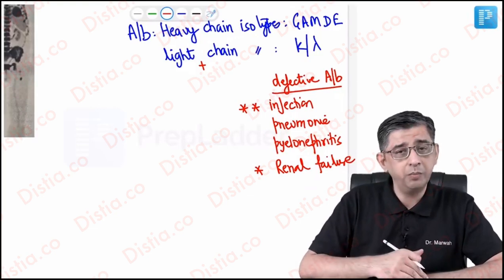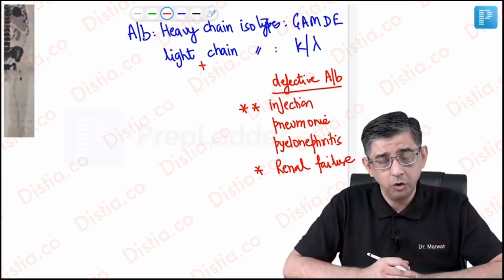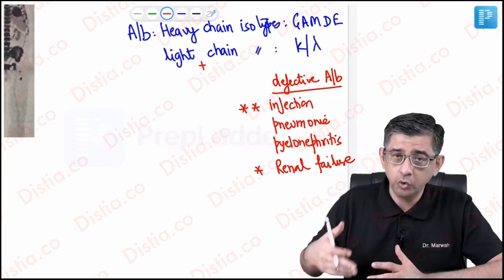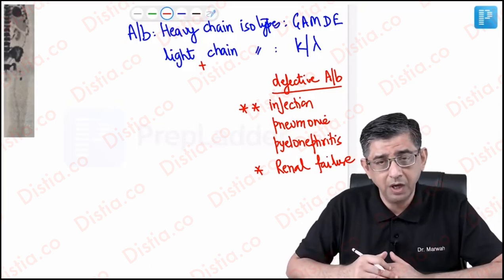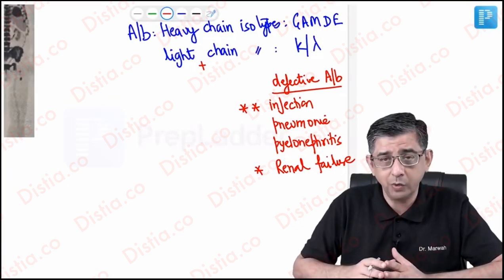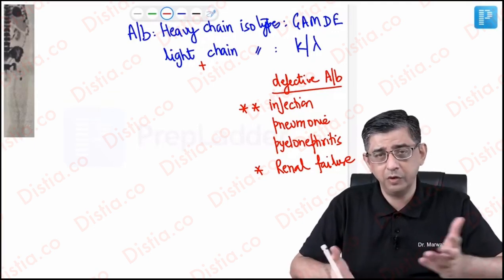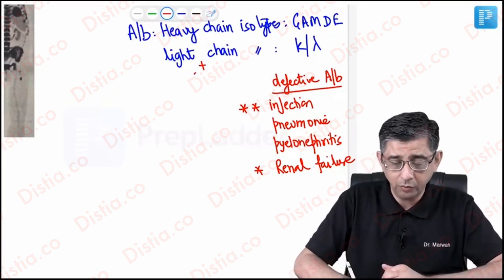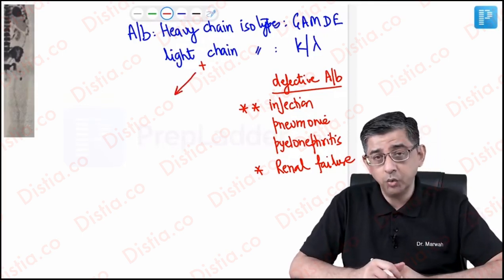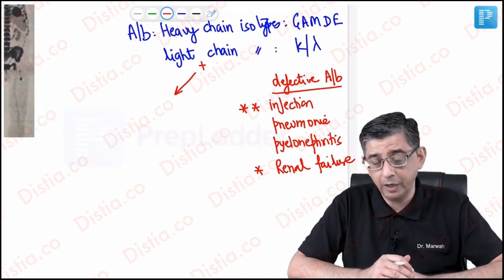Let's look at the second problem that will crop up in these patients, which is due to overproduction of these light chains. You very well know these light chains, when they come in the urine, are referred to as Bence Jones proteins. But because that's very baseline and primitive data, I'm not introducing the term except for a casual remark that I made right now, because you are aware of that from even your junior classes. So let's actually look at what the examiner expects from you in the exam. Let's dive deep into the examiner's mind per se.